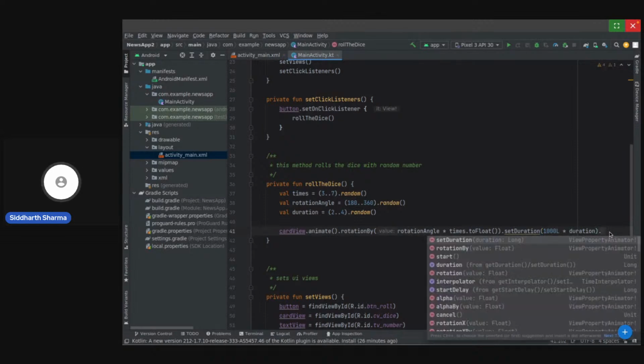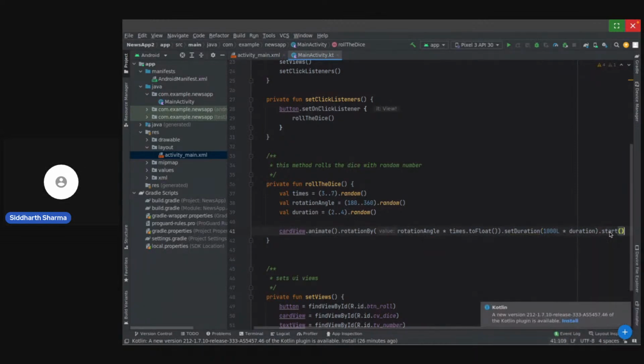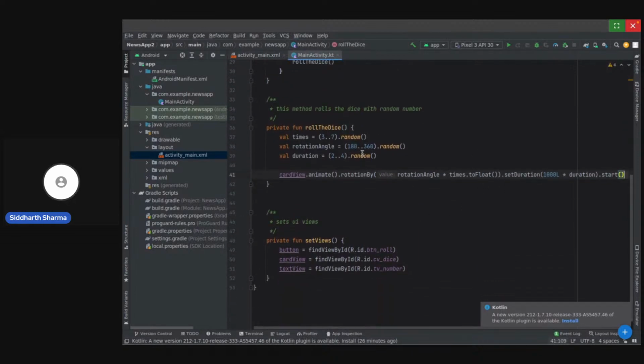Okay, and I'll just start this over here. So now what this line of code actually does is rotate it by a random rotation angle multiplied by the number of times, which is also random, between 3 to 7, and for a duration between 2 to 4 seconds. So we are playing too much random over here.